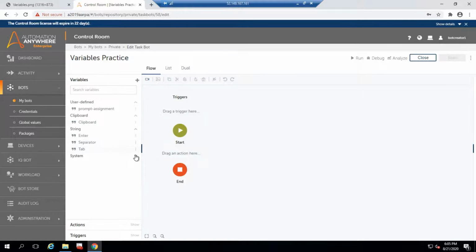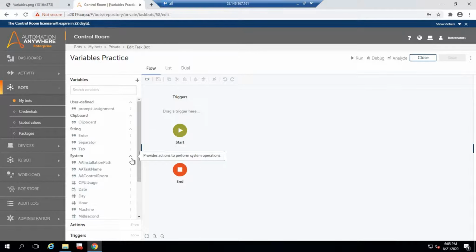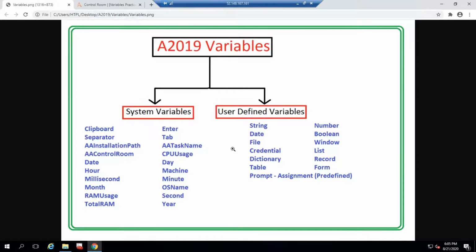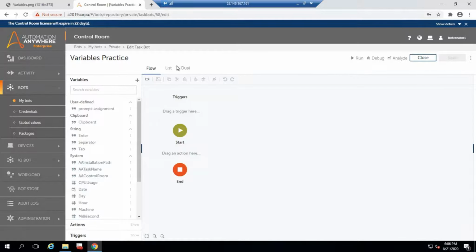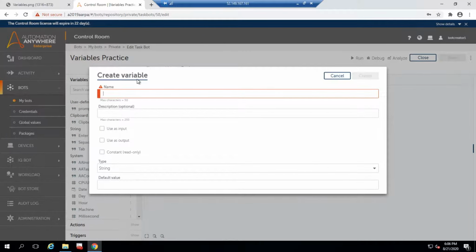And under the system, pretty much you can see the rest of the variables which you have seen in the image. So here you have seen, right? All these are the system variables, and this is the user defined type. So let's go ahead and create a variable here. To create a variable, just click on this. You can just give, let us say, v string,